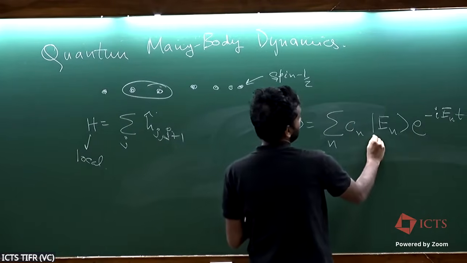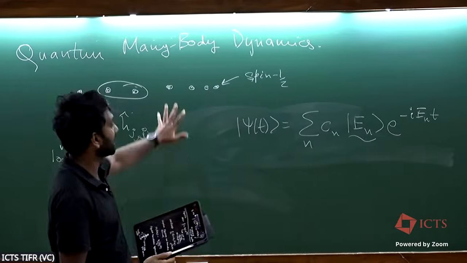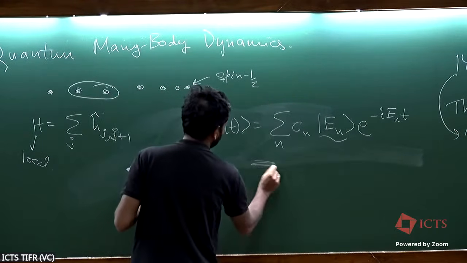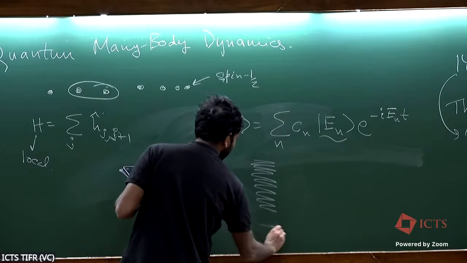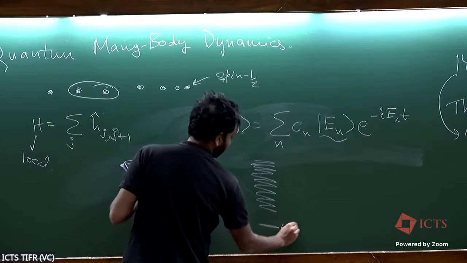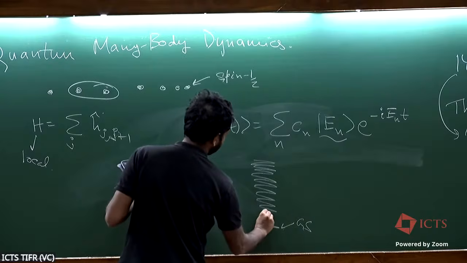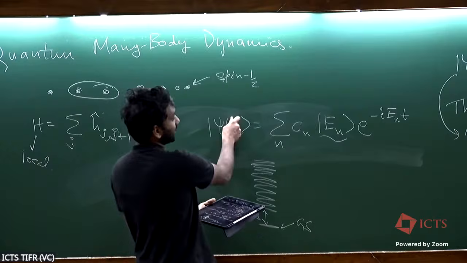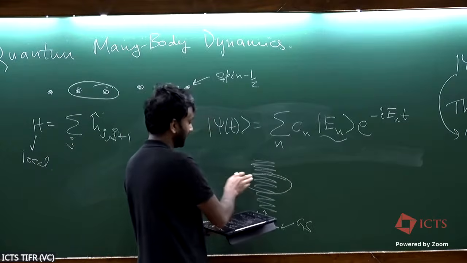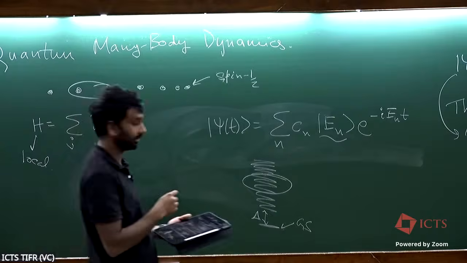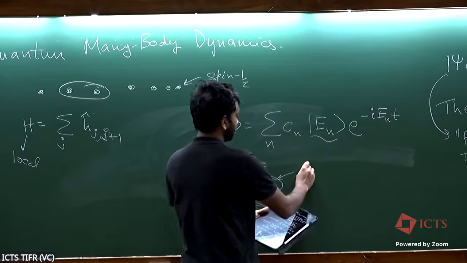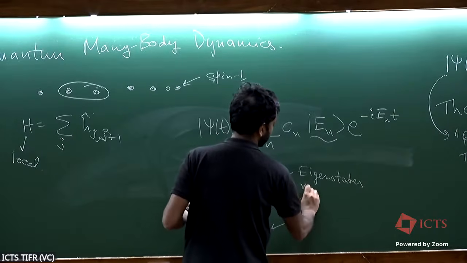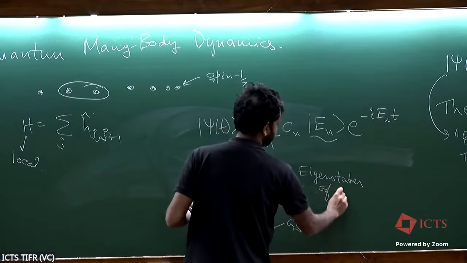And if I start with a state which has like infinite temperature, which is in the middle of the spectrum, what that means is that if this is the spectrum of my local Hamiltonian, so typically this is the ground state, and we have been so far interested in like gapped ground states. But these kinds of states have significant weight only in the middle of the spectrum. Okay? So these are the eigenstates of interest.